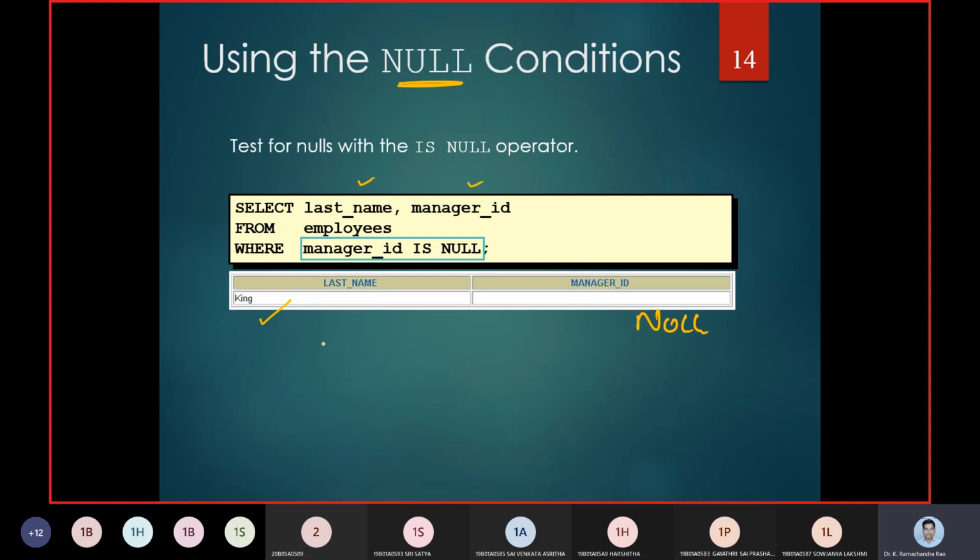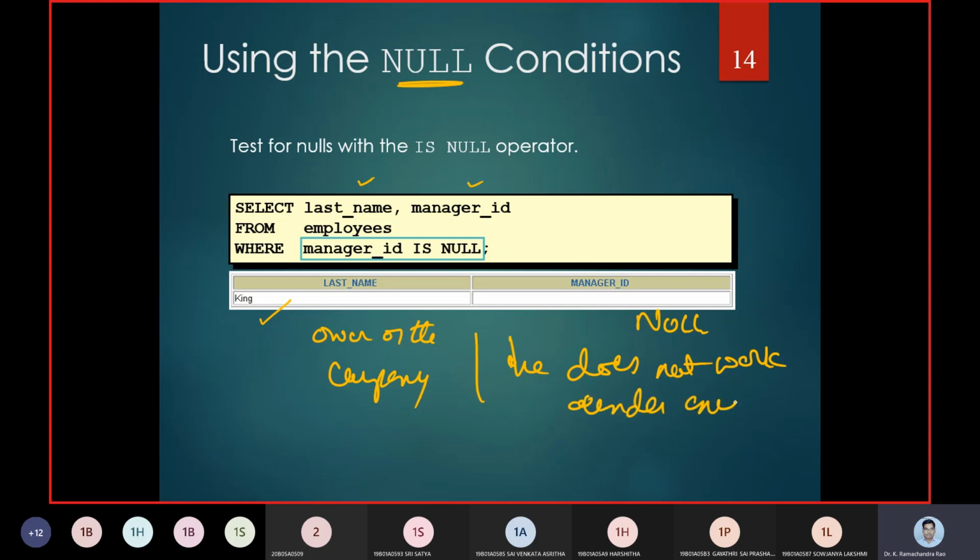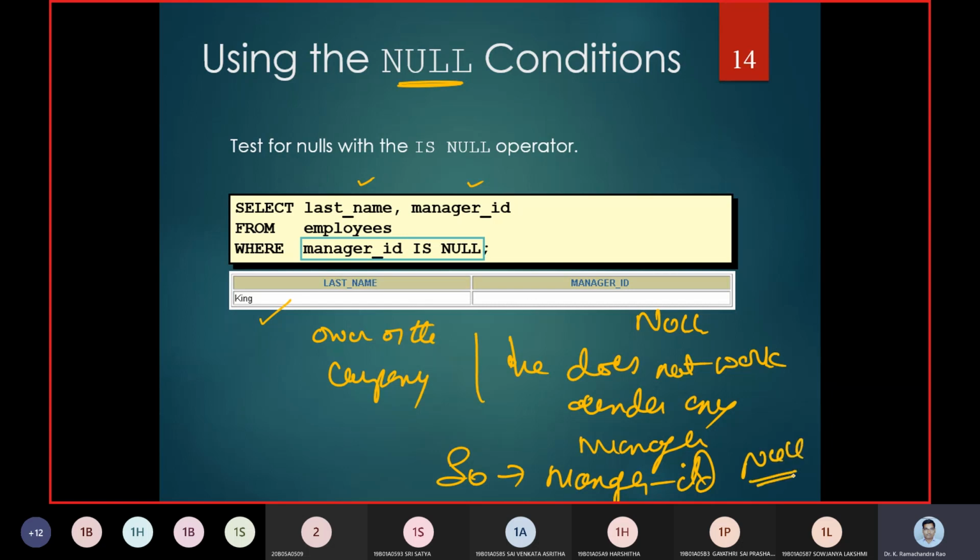We had a discussion yesterday that King is the owner of the company, and he doesn't work under any manager. So his manager ID is null. That is what we talked about, and we even illustrated it with a query.